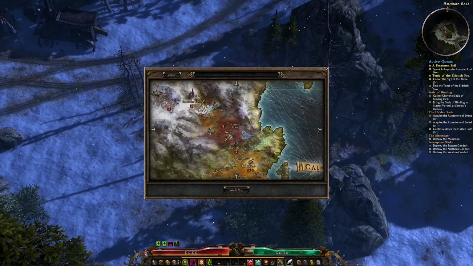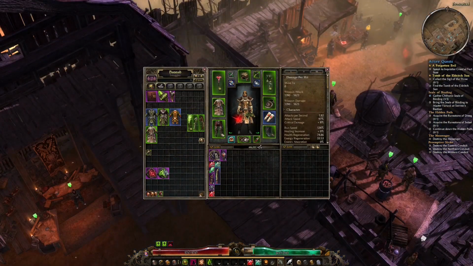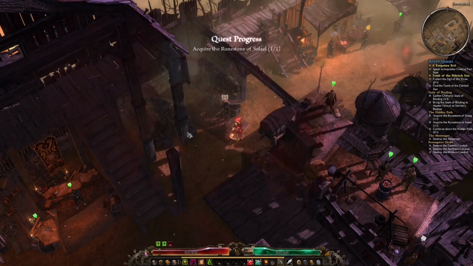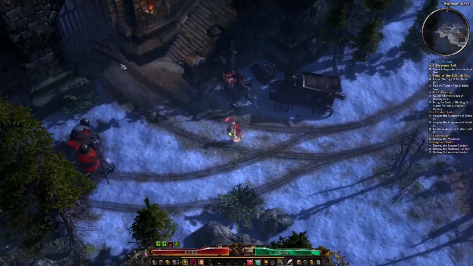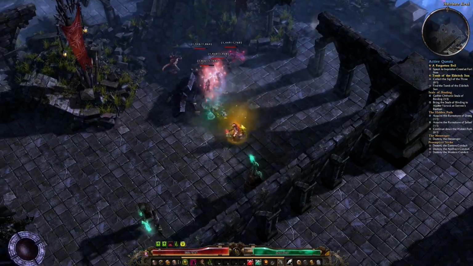Right, what I forgot here, I've got to go back and get my Hidden Path runestones, so I can go in and kill the Bismail Guardian and Rashalga. So you leg it up here, go across the top of this castle bit,